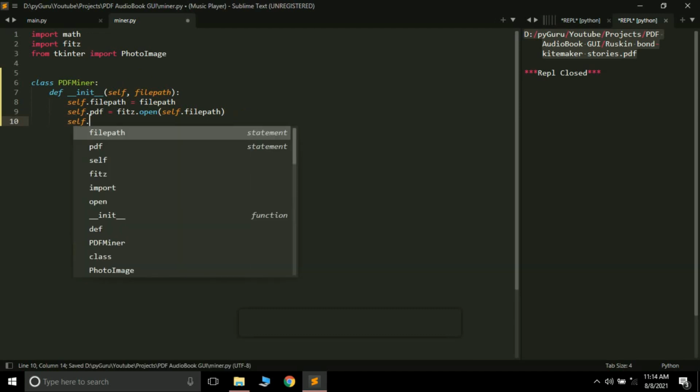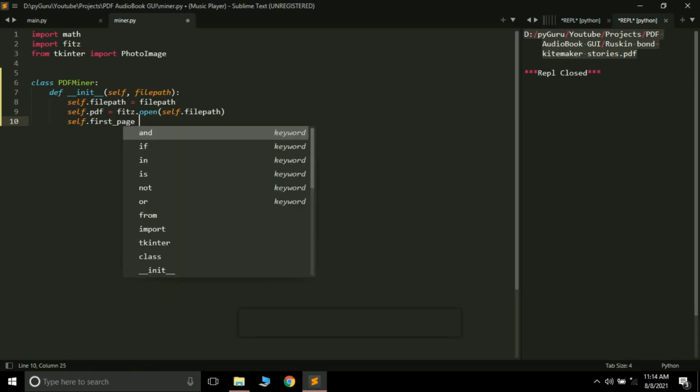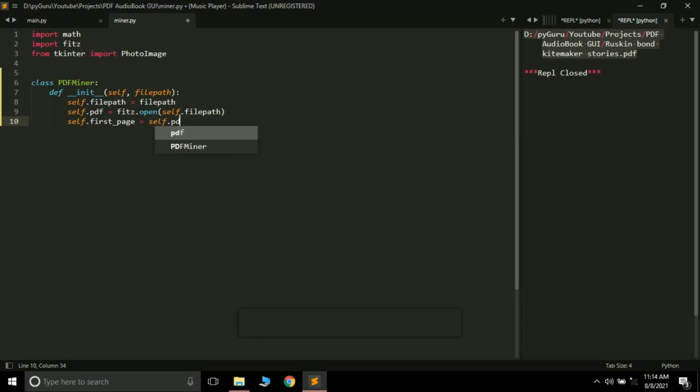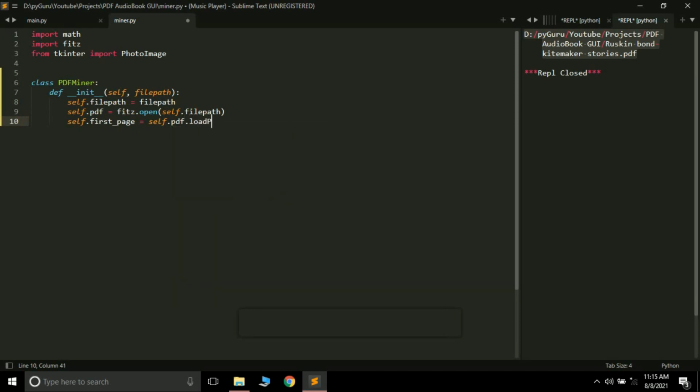Now we want to extract the first page. So self.firstPage equals self.pdf, the PDF file we have just opened, and we load the first page. Remember, indexing in PyMuPDF starts from 0, so we pass 0 here. 0 means the first page.